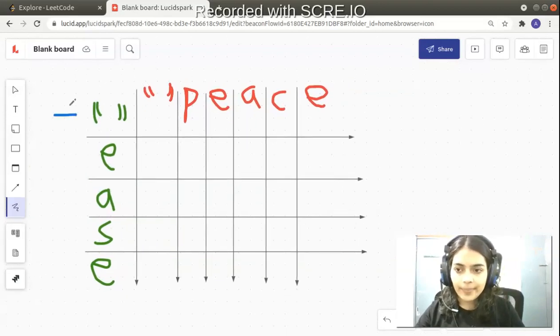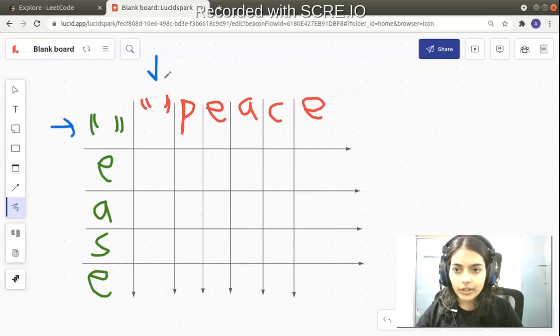First we are looking at this particular row and this particular column. This is an empty string and this is also an empty string, right? I've written both the words row-wise and column-wise. This is a DP table, or a matrix, that we are building. Between an empty string and an empty string there are zero characters in common.